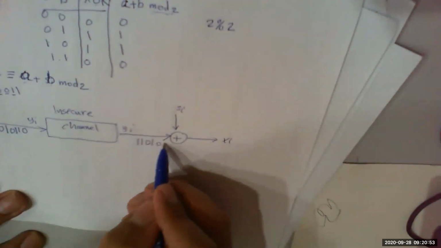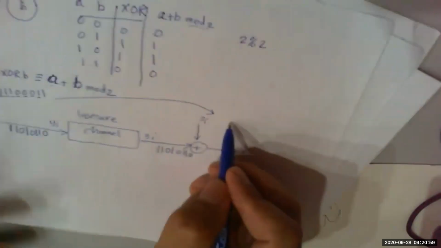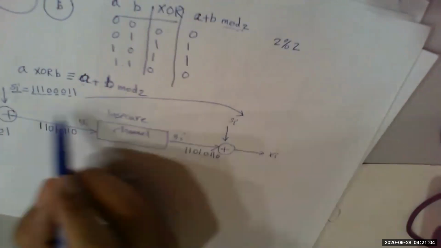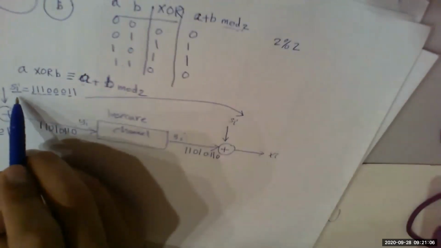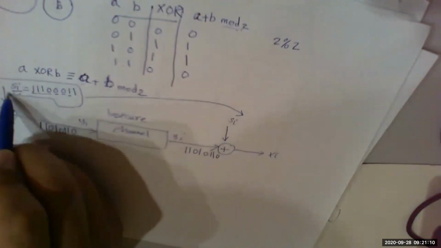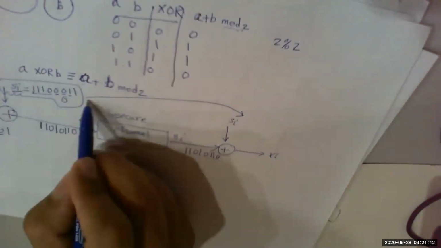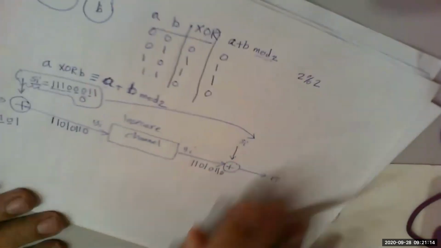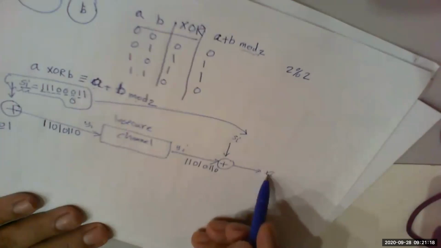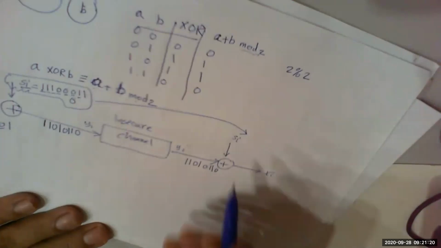reach the recipient, and we will use the same key. This is private key cryptography, or symmetric. Symmetric means we use the same key at the sender and the receiver. This key is sent to the recipient, and the recipient applies XOR to extract the original text. If you see, this is